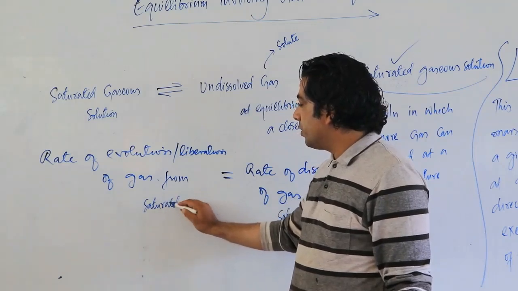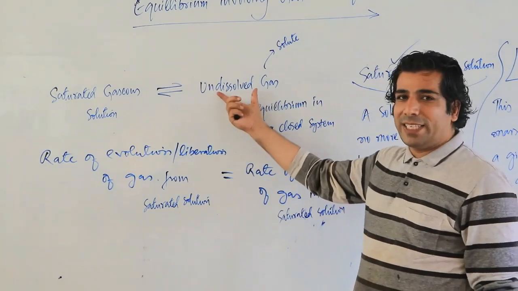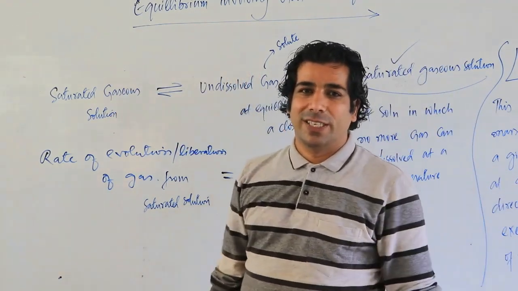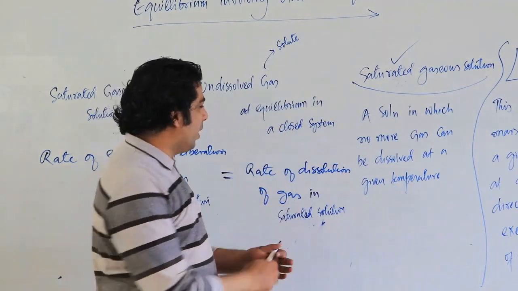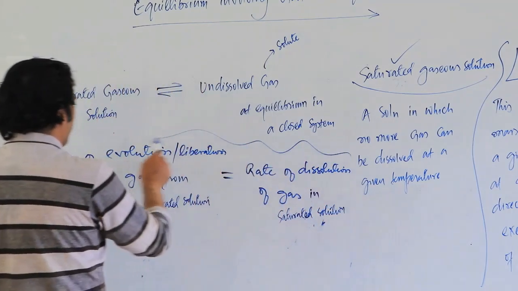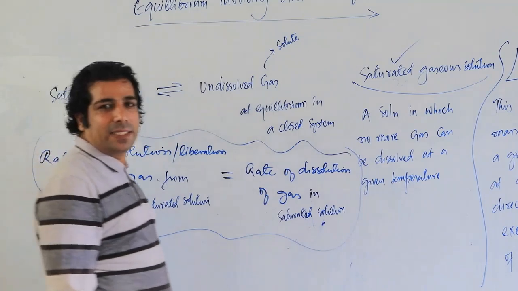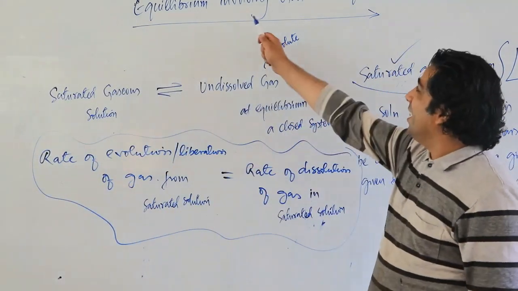So from the saturated solution, gas is coming out, and then this undissolved gas which is outside will go and enter into the saturated solution. So the rate of evolution of gas should be equal to the rate of dissolution of gas in saturated solution. This will happen at equilibrium, my dear friends, and that's what we call equilibrium